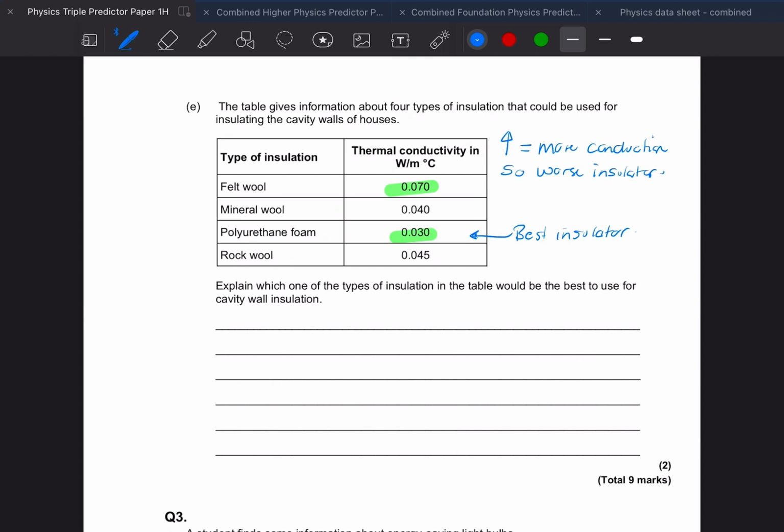So we have got to explain which of the types of insulation in the table would be the best to use for cavity wall insulation. So we have 2 marks. So it's 1 mark for stating which it is, and the second mark for saying why. The whole point of cavity wall insulation is to reduce energy transfer in the home. So we want to use the best insulator. So we would use the